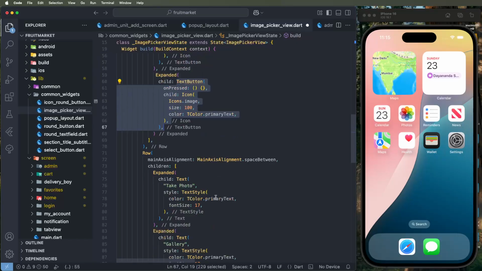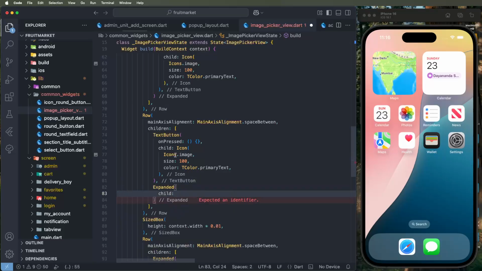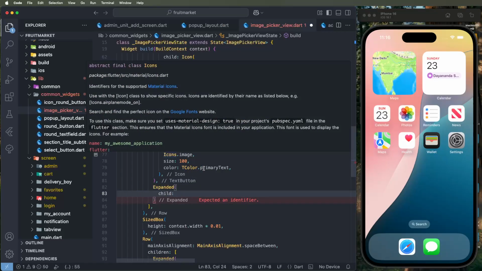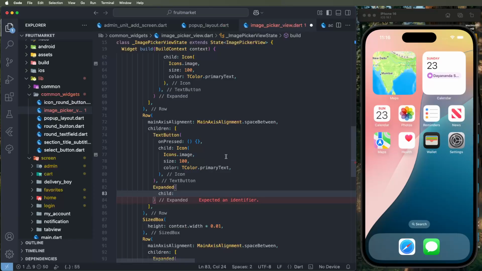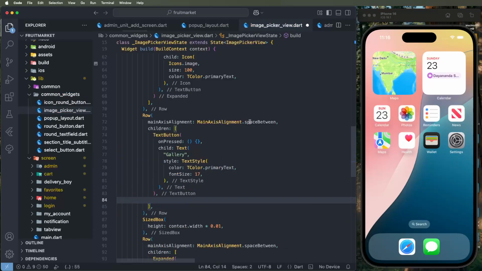Copy these text buttons, paste here, replace this text and we need to set here the close. We need to set here the primary color